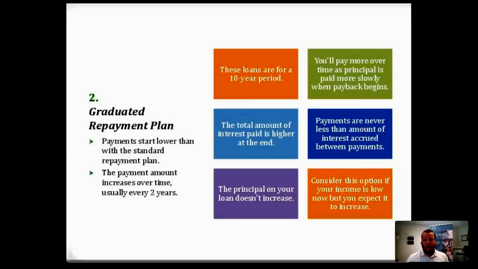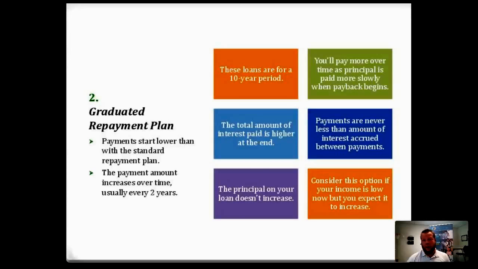So when it comes to graduated repayment, this is a phenomenal option for anyone going into a position where right now you may not be making that much money, but you have a career path where that income is going to be increasing, or you're looking for a lower payment now to focus any additional funds towards debt reduction, and then you'll be prepared for the higher payment. So typically the loan is going to be a 10-year plan. They actually go beyond that. This can be extended, which I'm going into here shortly.